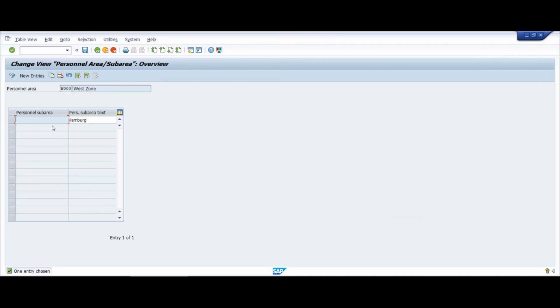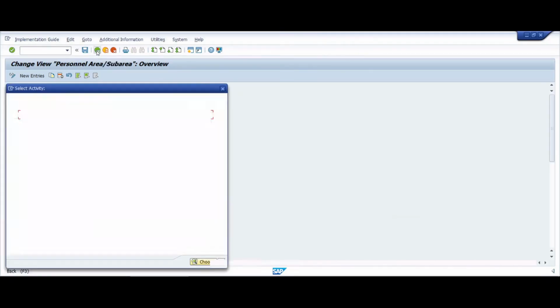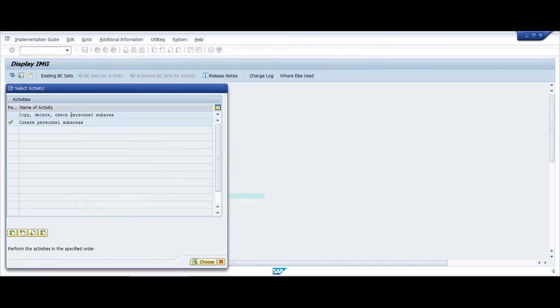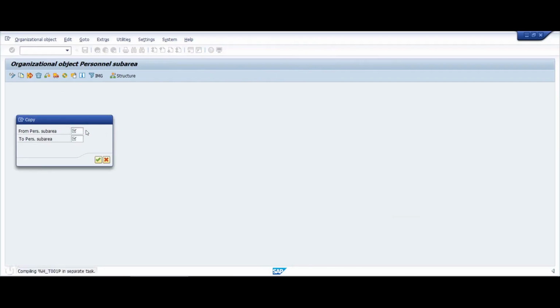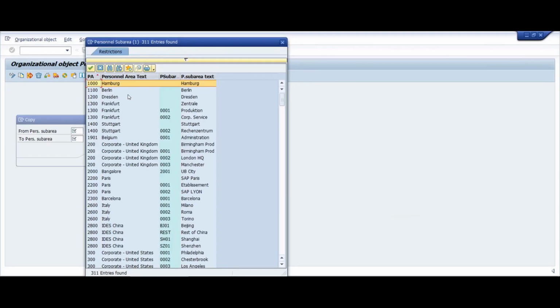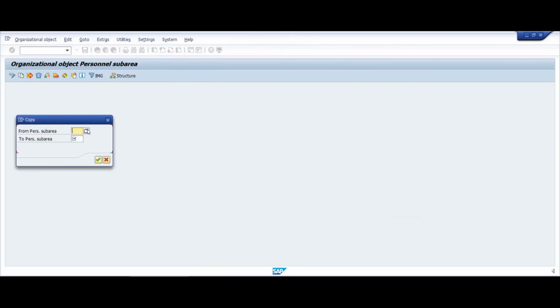So we need to create another personnel subarea, which we need to copy. So we'll come back, we'll go to copy, we'll give this from any personnel subarea. So let's say again, let me copy from this, sorry,